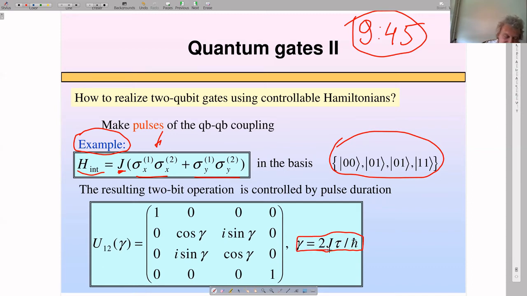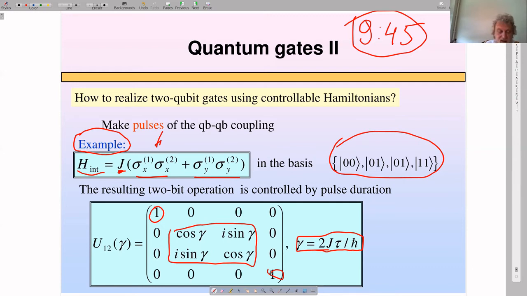This is the resulting matrix. So we did something in the central block. These states remain the same. It's not quite CNOT,